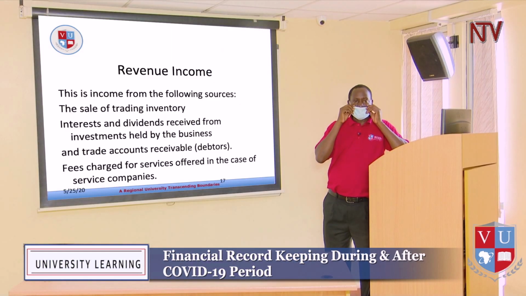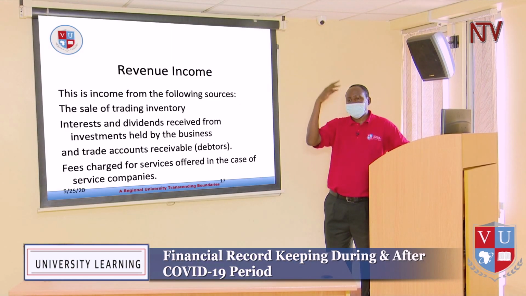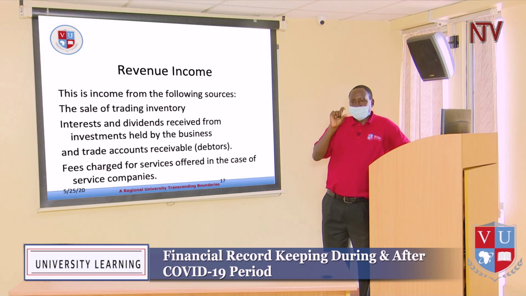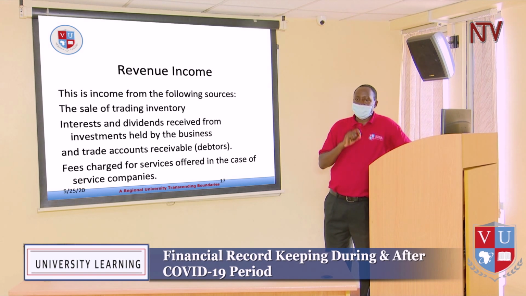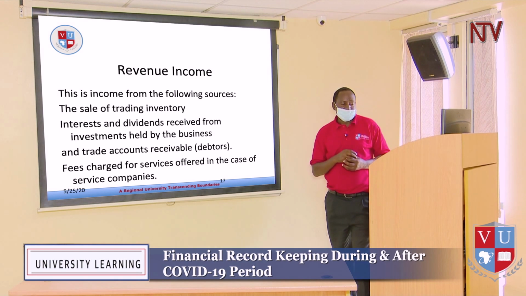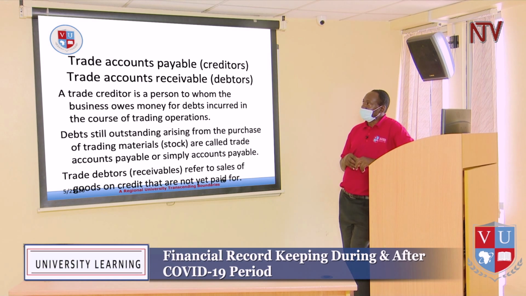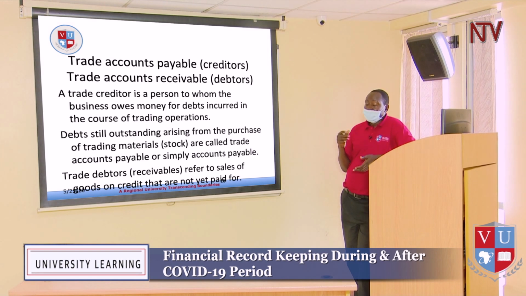For example, if you had an asset that had a written down value of say 10 million and you sold it at 8 million, then you have made a loss on that non-current asset. And so the 2 million loss you have made on it is what we include in our income statement as a loss or as an expense in that period. Now, let's go to the next part of our presentation, and that is about trade accounts payable or creditors and